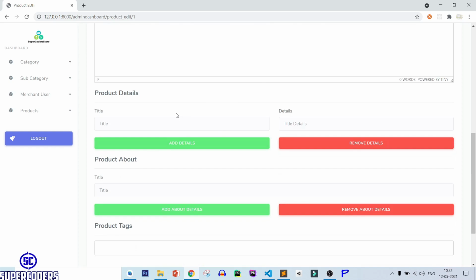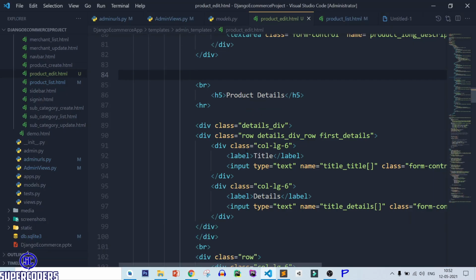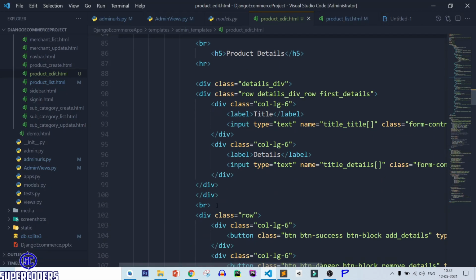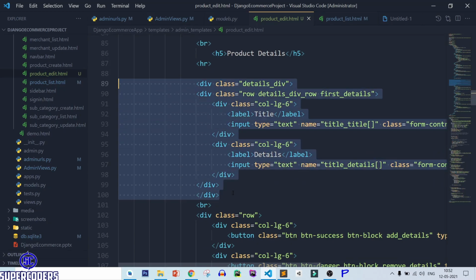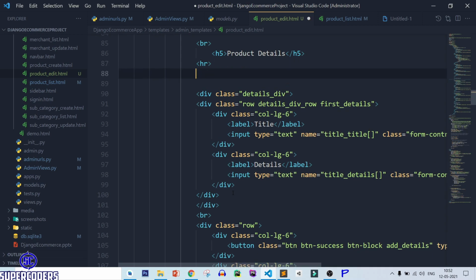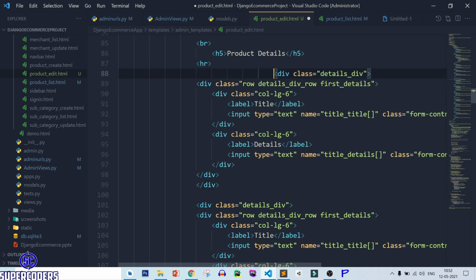Now after that we need to show the product details. So let's see here. Just do one more thing, simply copy the div and paste it here. After that we need to remove this details div, first row and first details.